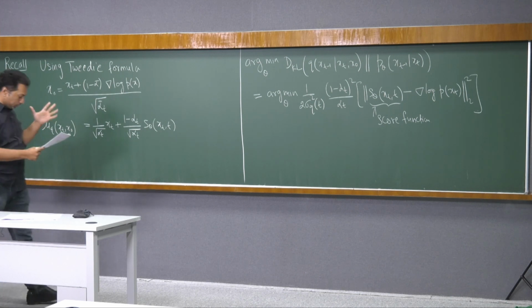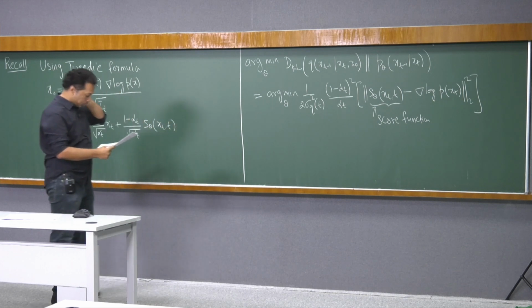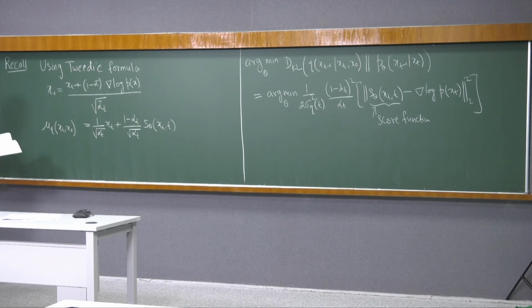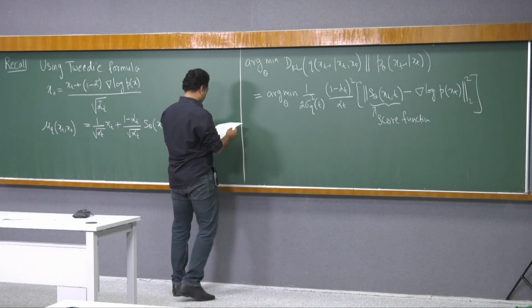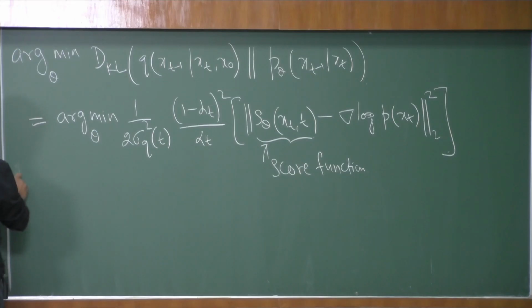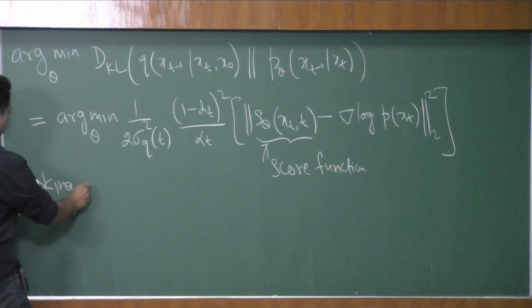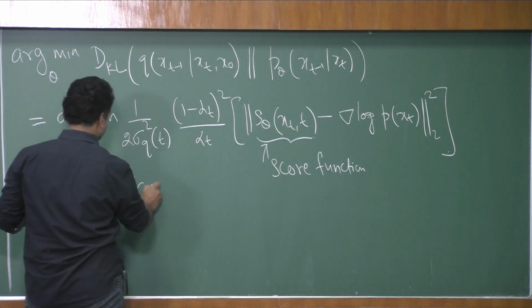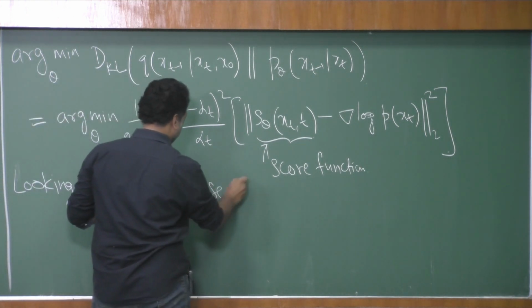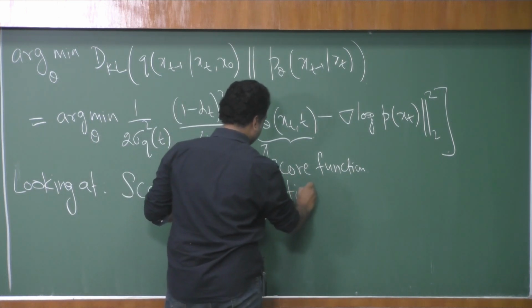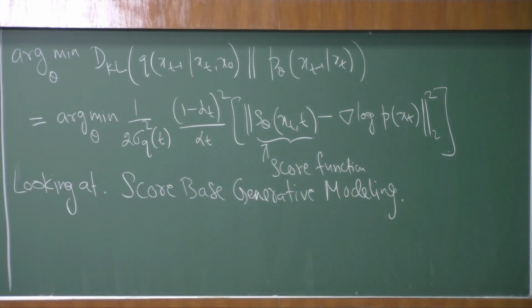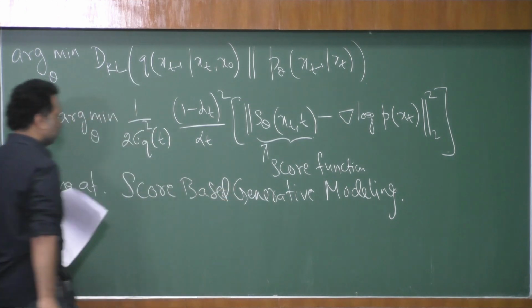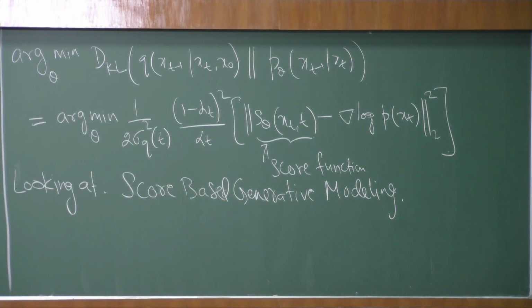Okay, so in the diffusion-based model, this is one class which is called score-based generative modeling, and here there are three references. So I should point out these three references. What we are looking at is a class of generative modeling which is score-based generative modeling. So in variational diffusion modeling, this is one class. Okay, so this is the topic for today, and the key references we are going to use is